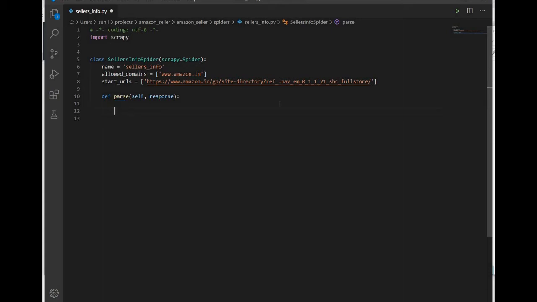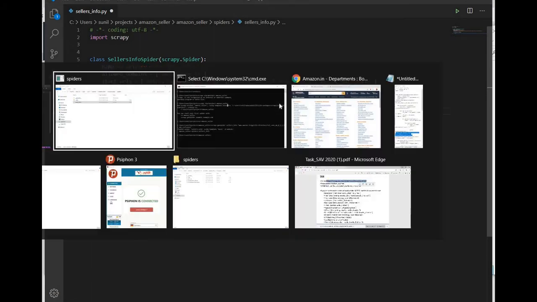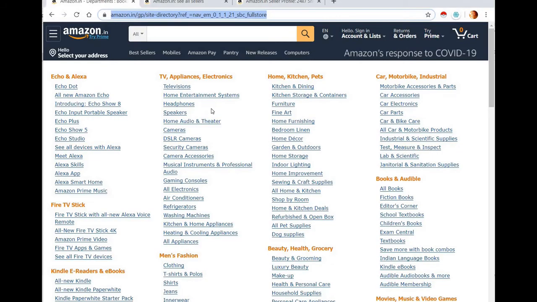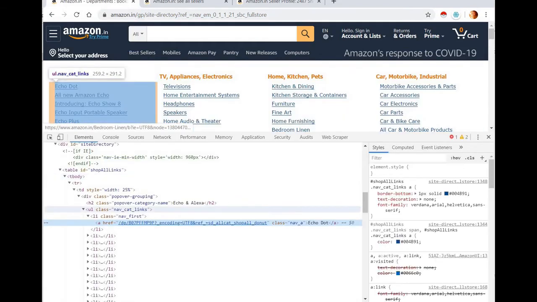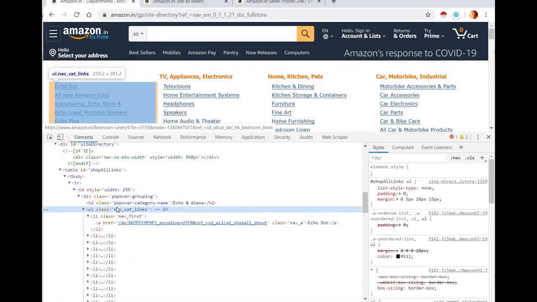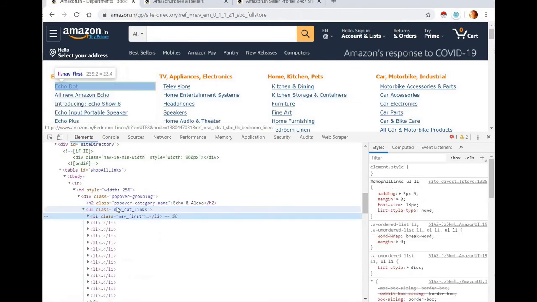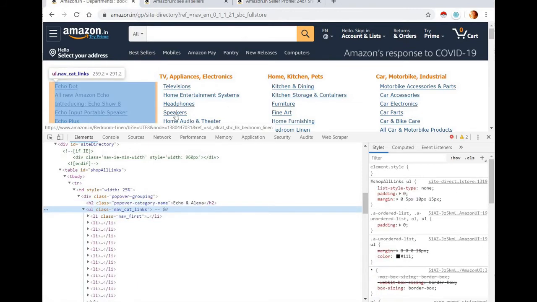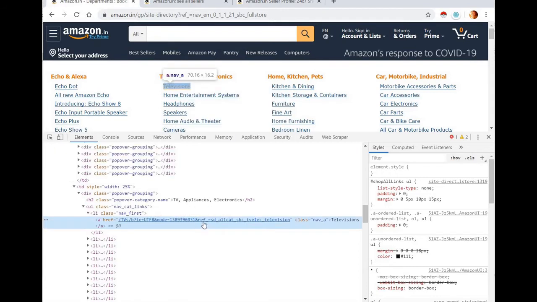Now we can just go to this page. I am in the XPath page, where the XPaths of all these categories will be available, so we are going to get the XPath from here.